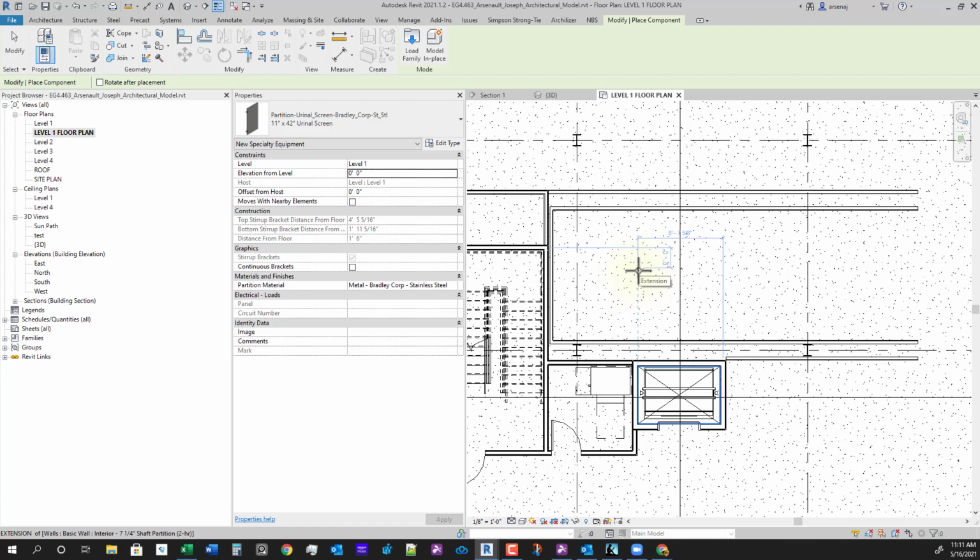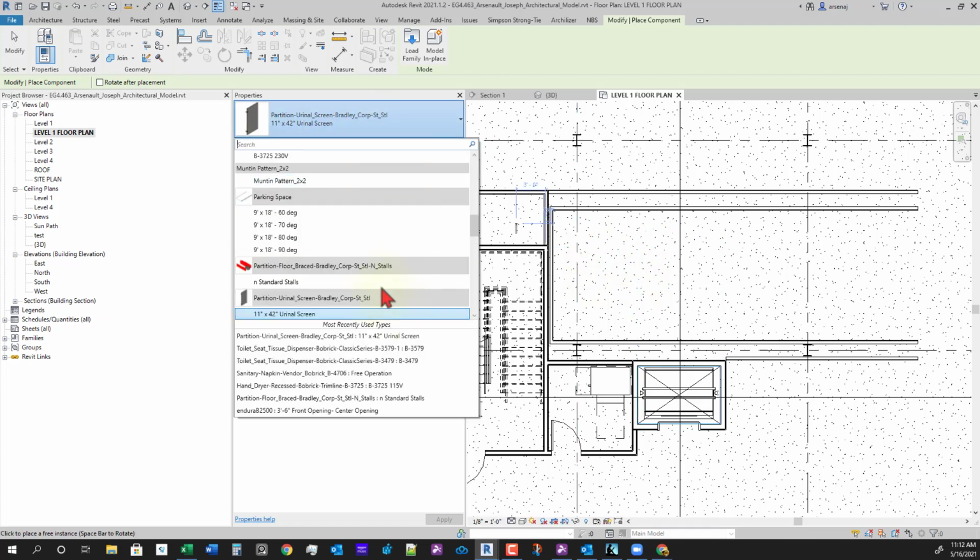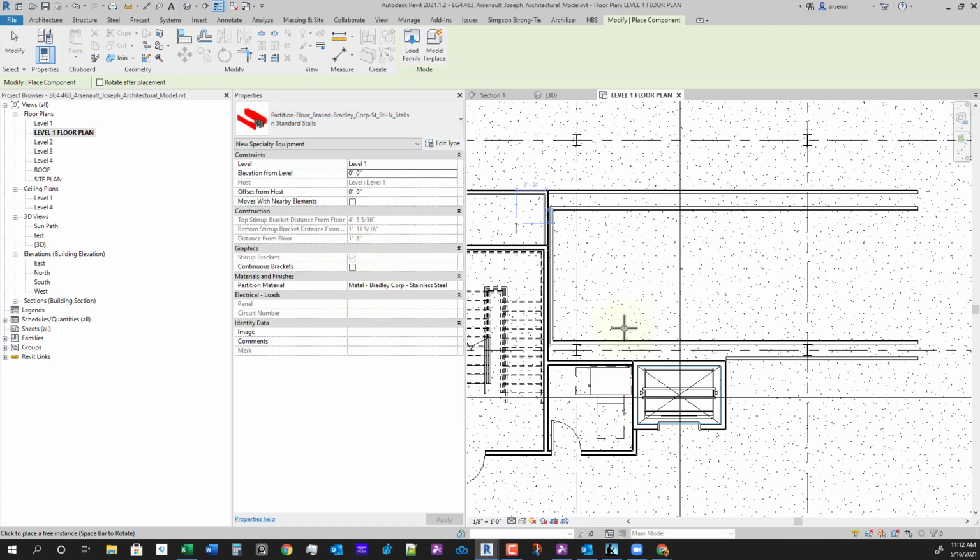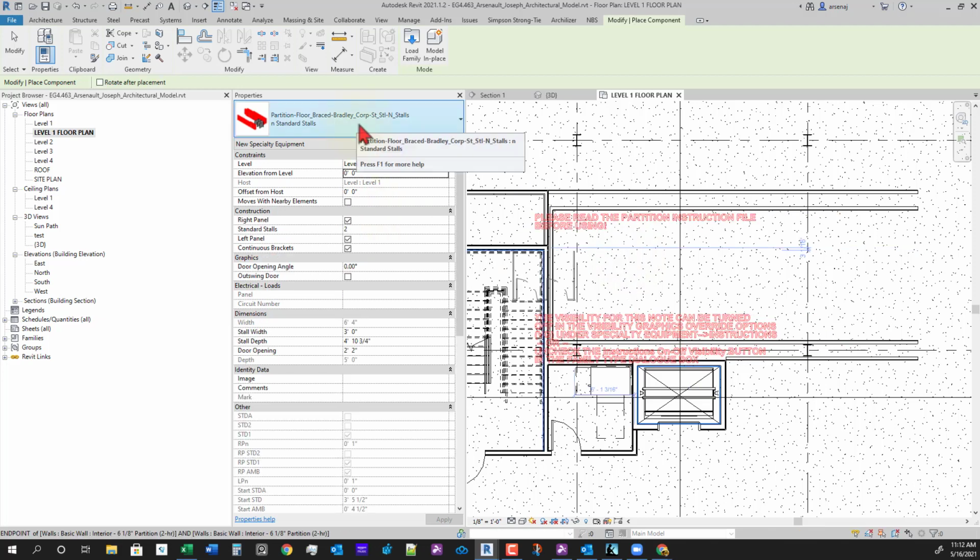So if you had a family created in 2021 and you were trying to put it into a 2016, 2018, anything 2020 and lower, it will not work. It'll say that family doesn't work because it was created in a newer version of Revit. So let's select this partition